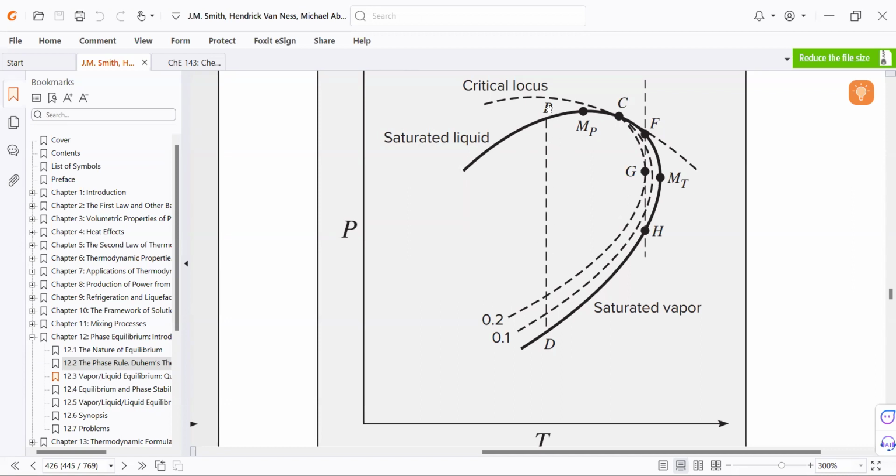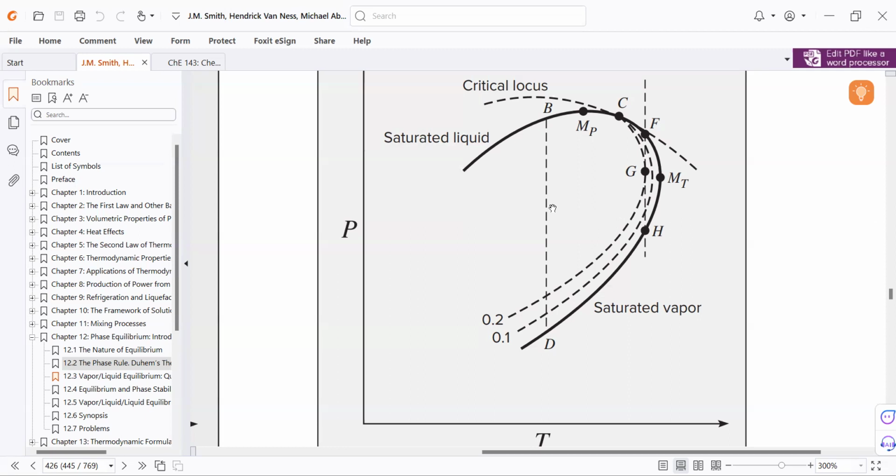And as we can see, as we move down, it passes the curves that at first have a liquid fraction of 0.2, and as we reduce the pressure, the portion of the liquid reduces, the portion of the vapor increases. So from 0.2 to 0.1. Okay, so at this region right here. So that's what we expect, as we reduce the pressure.